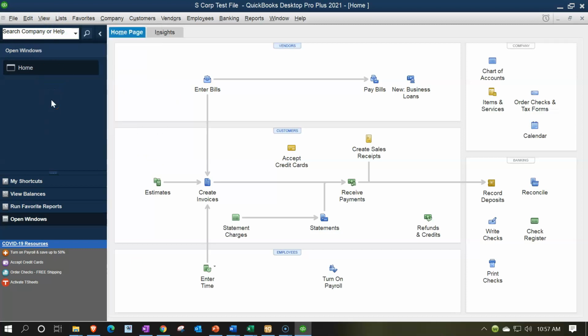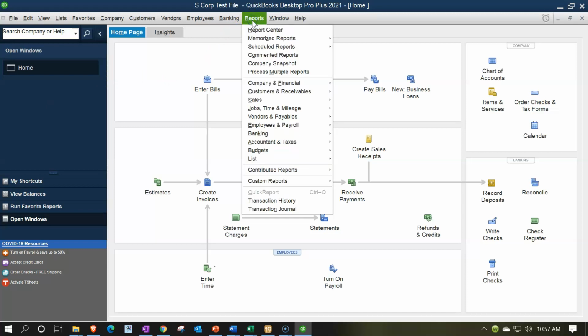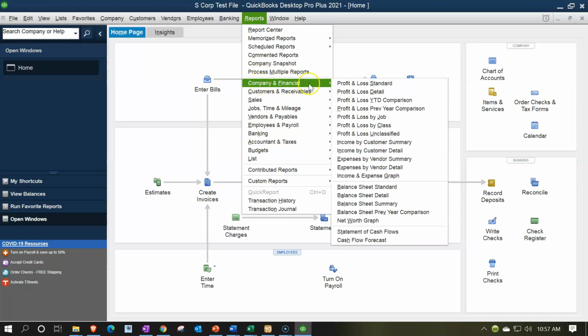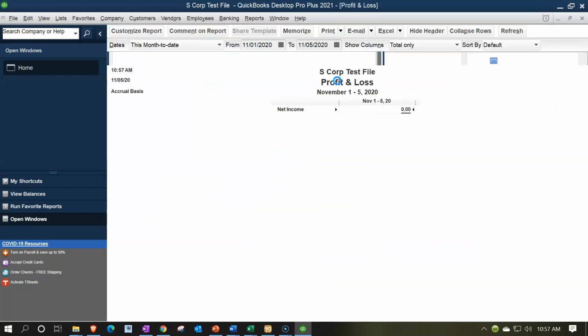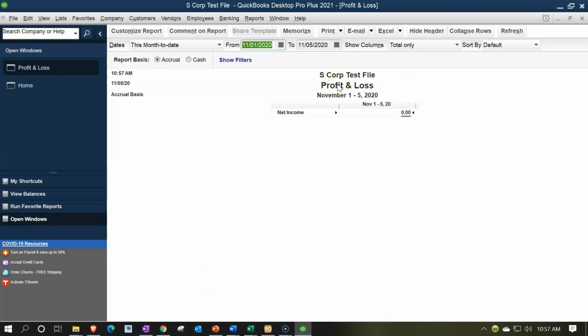In prior presentations, we did the mapping for the chart of accounts, and we entered the data into the system that we then exported to Lacerte tax software, owned by Intuit, the same owners of QuickBooks, and exported to Excel so we can do a reconciliation process as well. So if we go to the Reports dropdown and Company and Financial, we can take a look at the profit and loss currently here for the date range